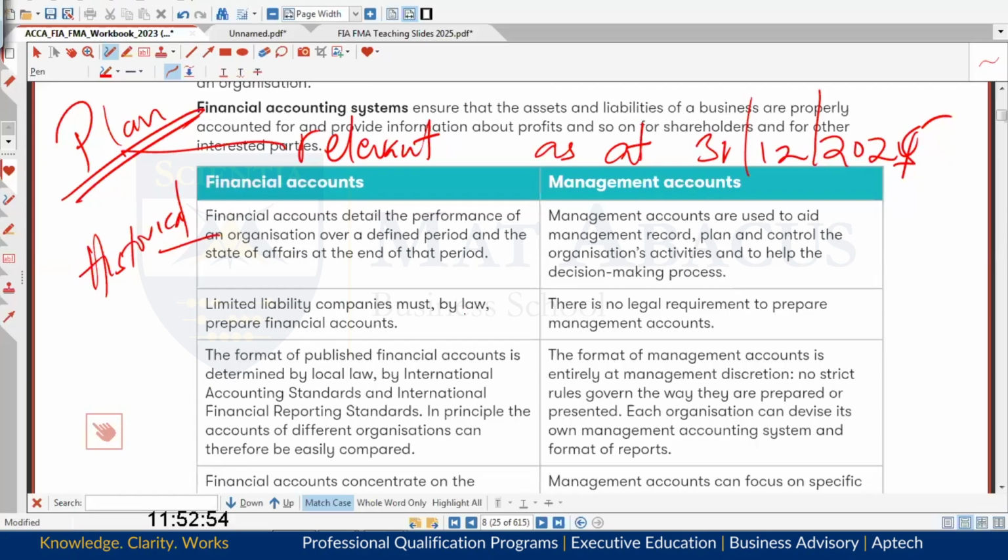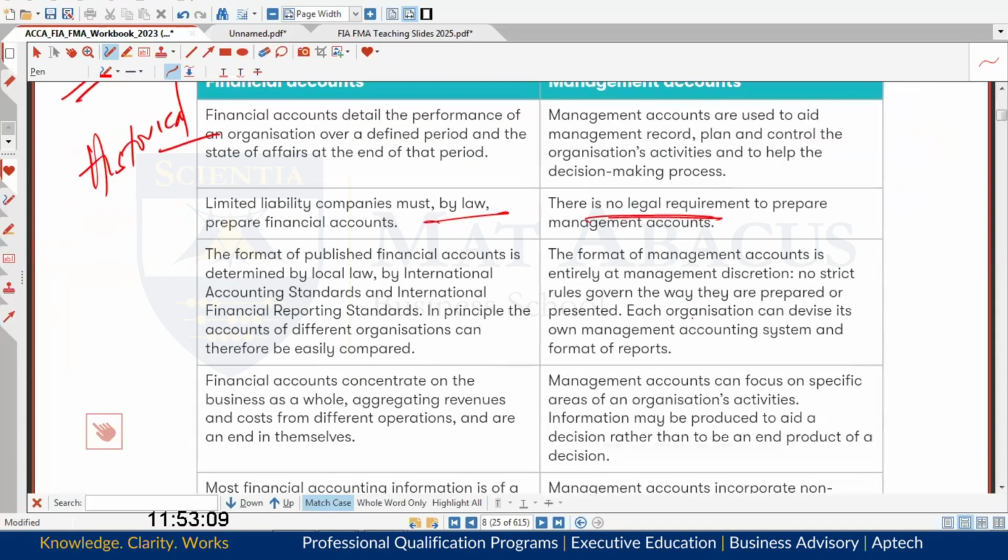So the financial accounts, you're required by law to prepare financial accounts. Normally, financial accounts, that is P&L, statement of financial position, cash flows, equity. But here we don't have any such legal requirement to prepare management accounts. How